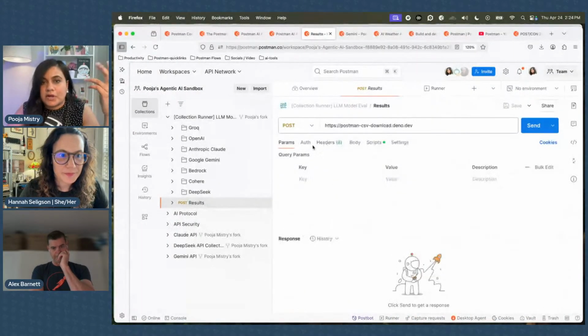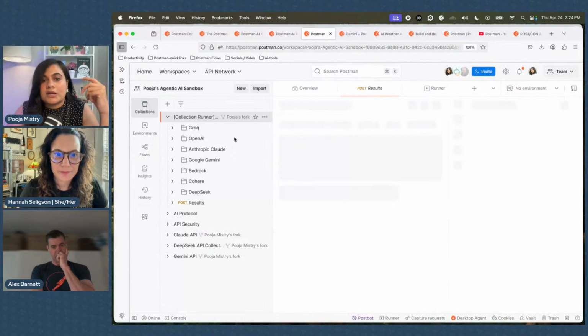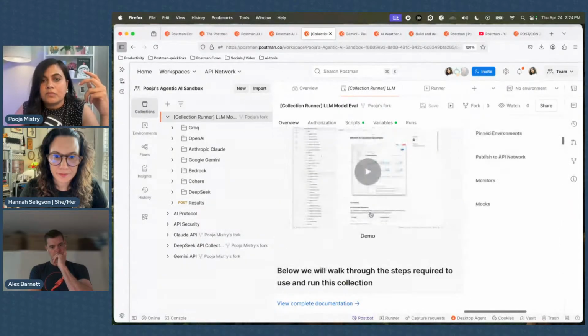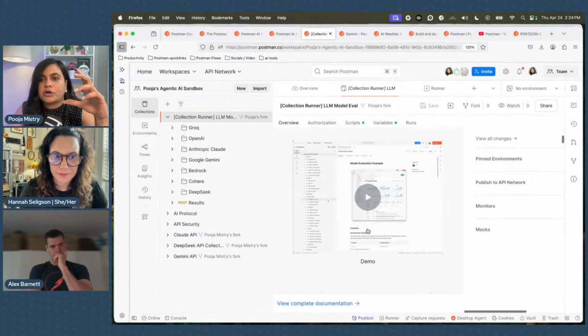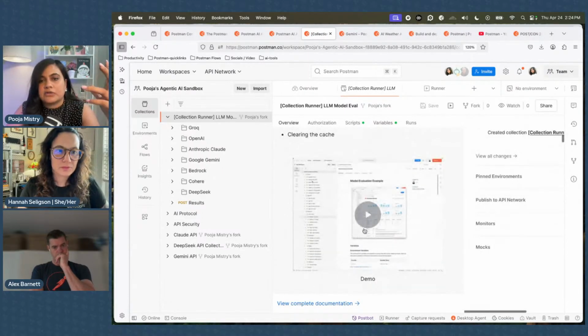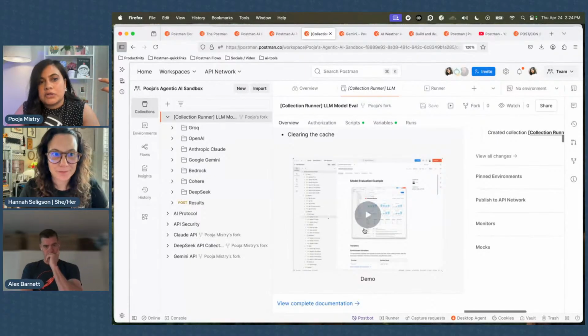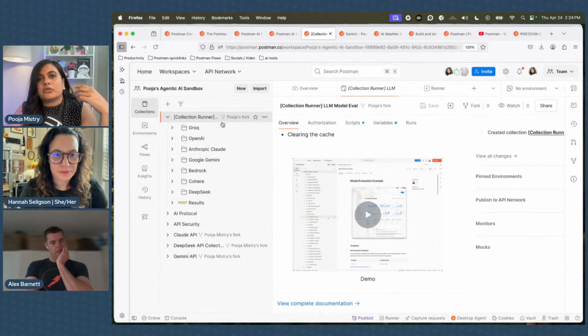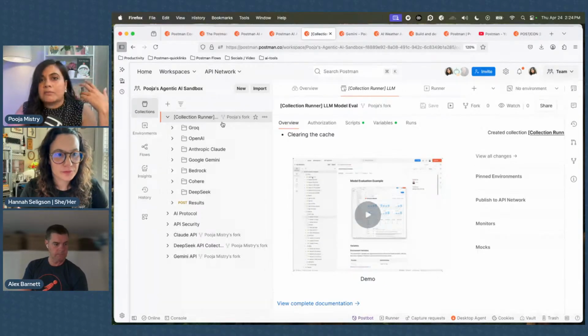This is the results CSV. What you end up with is a really great dashboard of which models performed at which level. There's actually a really great demo of exactly how this works. Ultimately, what you need is your API keys, but this shows the power of evaluating multiple diverse prompts in one go using Collection Runner.